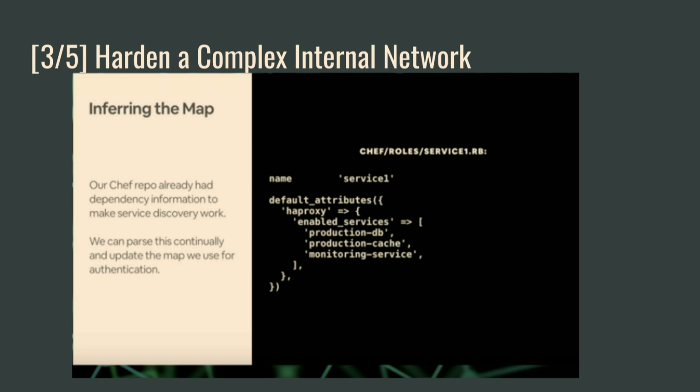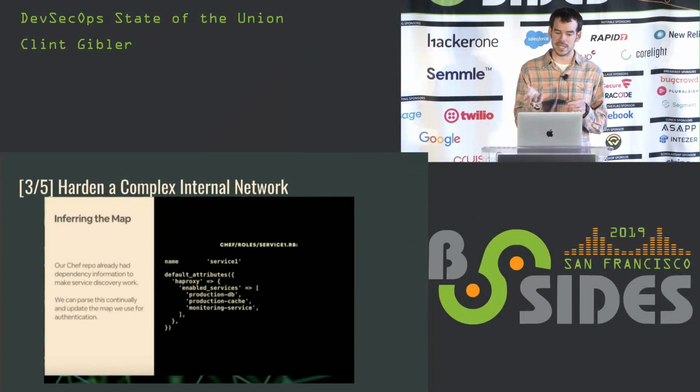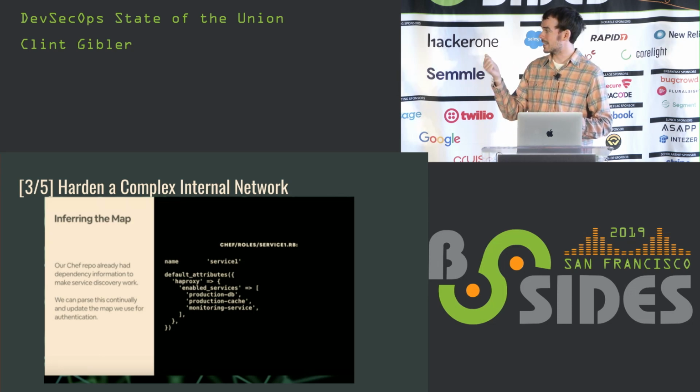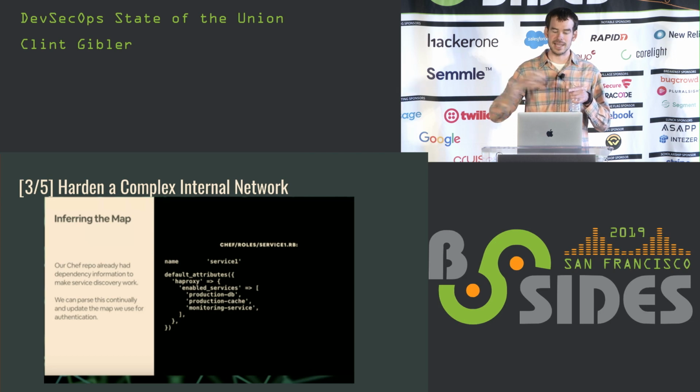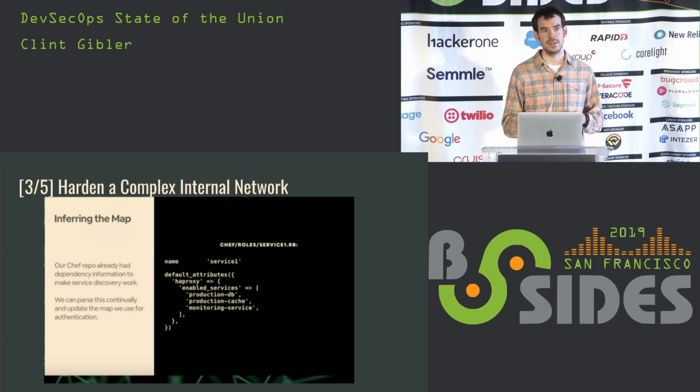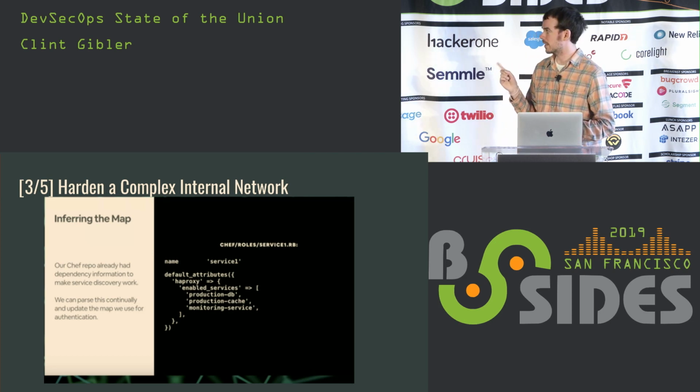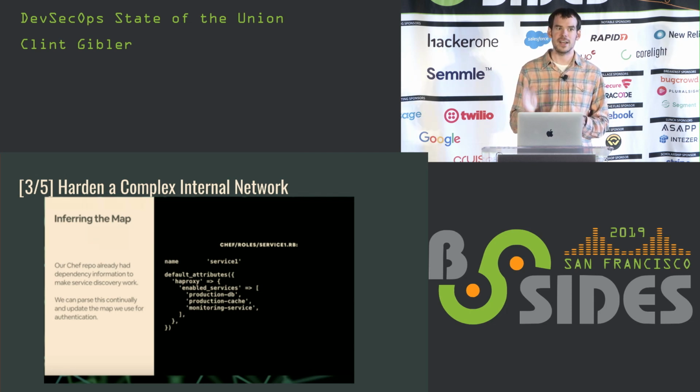And in those scripts, they already have these attributes that say, OK, this service needs to be network connected to this other service. So they basically wrote a service that continuously watches Chef scripts and then parses out these connections. And then these connections are continuously enforced at a network level as well. So you can imagine if you didn't have a clever trick like this, you would have to have like 5 engineers spend a day building the mapping about what can talk to what, and then it's immediately out of date as soon as you do it. So you're going to spend a ton of time for not much benefit. But I thought this was very clever, and I liked it a lot.